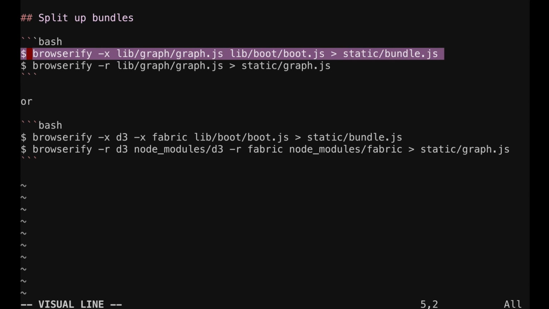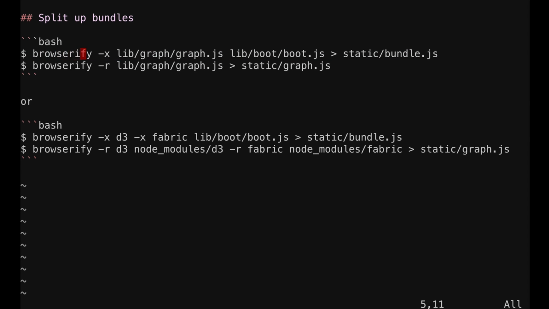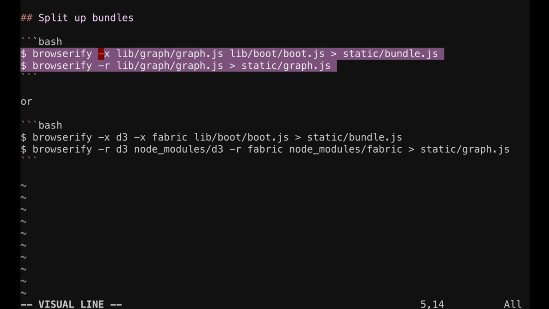So when you bundle your boot file, you could say exclude this file. And then you make a second bundle, like at static/graph.js, and you say, okay, this just exposes the graph. And you don't have to change your code at all. There's no code change between doing this and